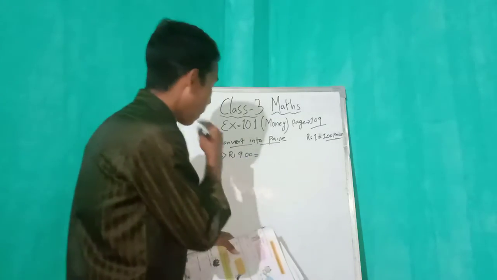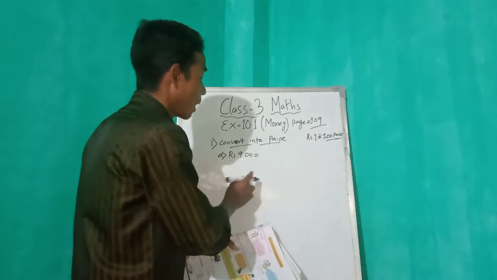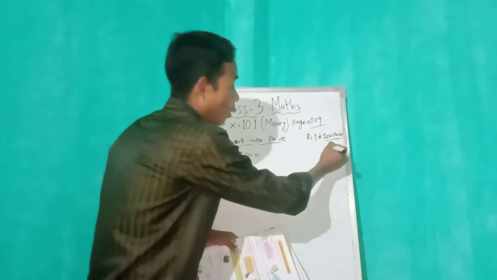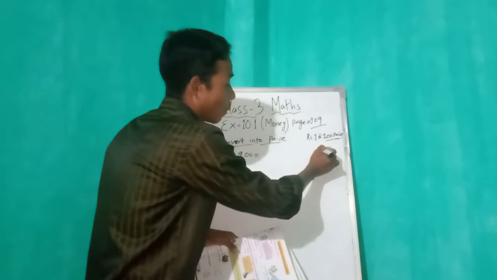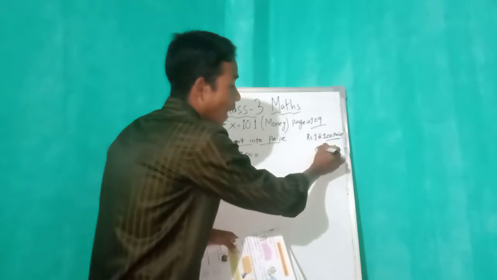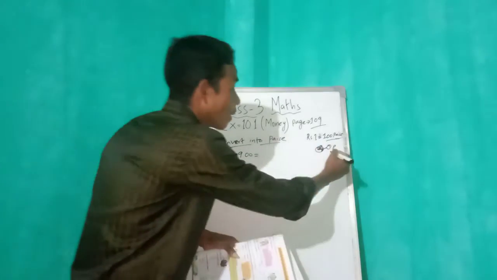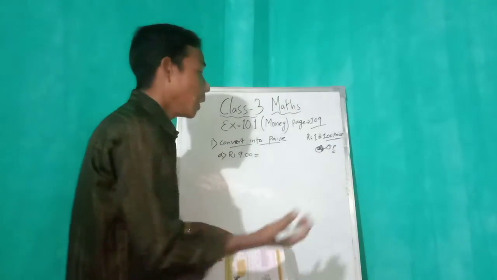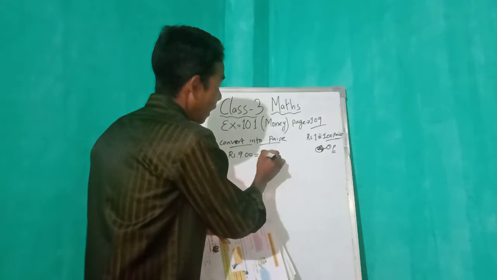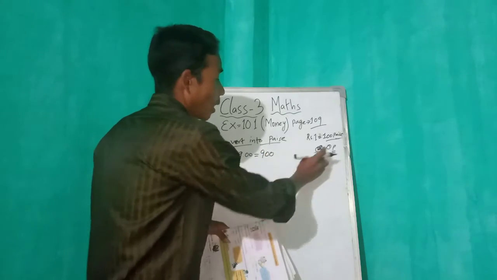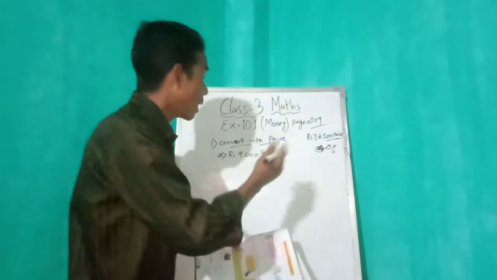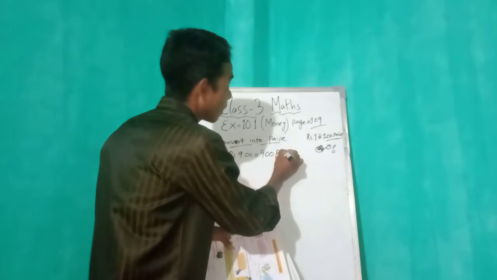So we will remove now. Suppose number A we have rupees 9. So how will we remove? We will remove the dot and the RS, rupees, and we will put P at the end. Then it will be paise. So 9 rupees will be how much? 900. I have removed the dot because to make paise we have to remove the dot. So this is paise.